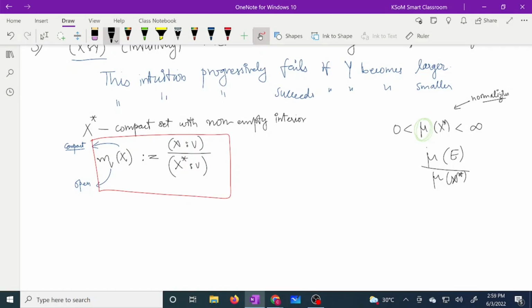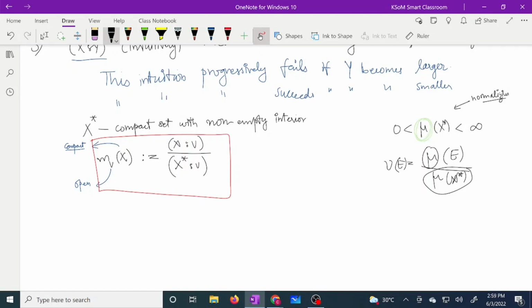Now if I have an x star which has non-zero finite measure, then 1 by mu of x star is a constant. So whatever Haar measure you give me, I can divide by that constant, which will again give me another Haar measure. If I call this nu of E,